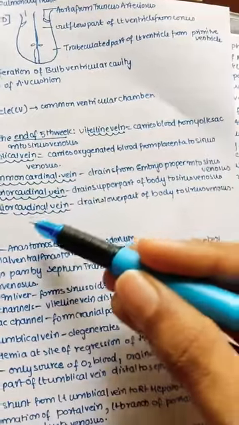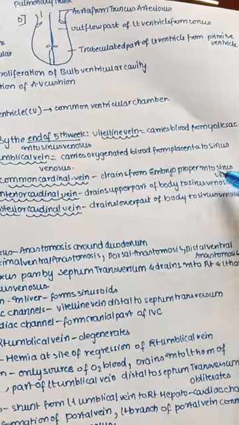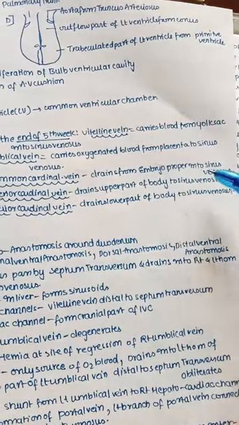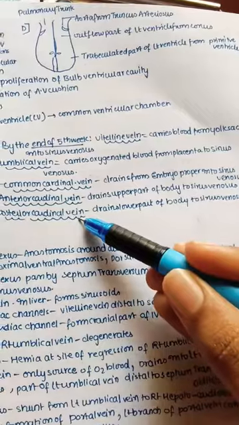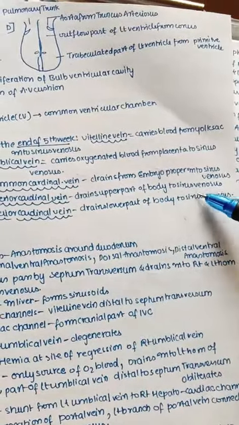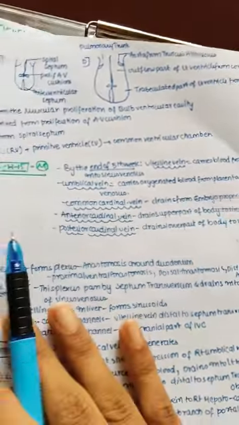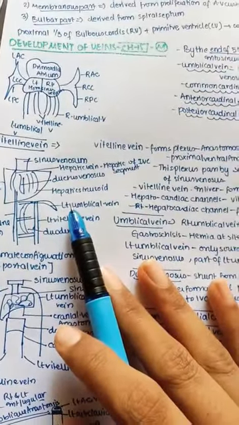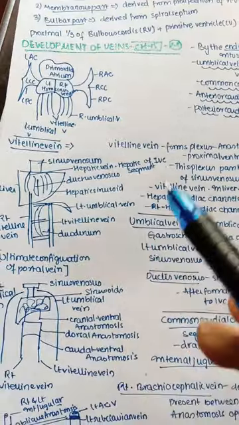And the common cardinal vein mainly drains from the embryo proper into the sinus venosus, and the anterior cardinal vein drains the upper part of the body to the sinus venosus. Posterior cardinal veins drain the lower part of the body to the sinus venosus. However, whatever the vein, they finally bring the blood to our sinus venosus, because only there are the horns attached and only there are these veins also attached.